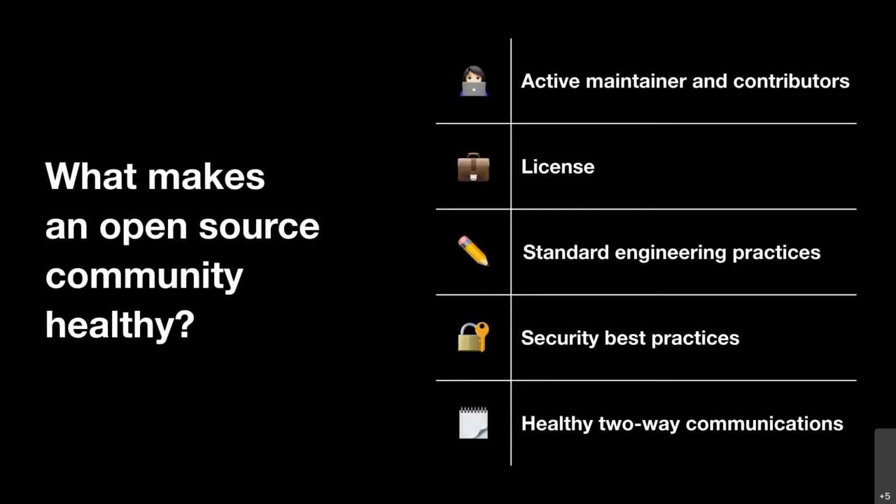But at the same time, since you have such a diverse set of people coming in and going out as well, you need to define standard engineering practices, right? You cannot have a chaotic project just because everybody is distributed across the world and doesn't know each other. They cannot be doing something on their own. It needs to be standardized. It needs to be documented. There also needs to be a lot of best practices, especially from a security perspective.